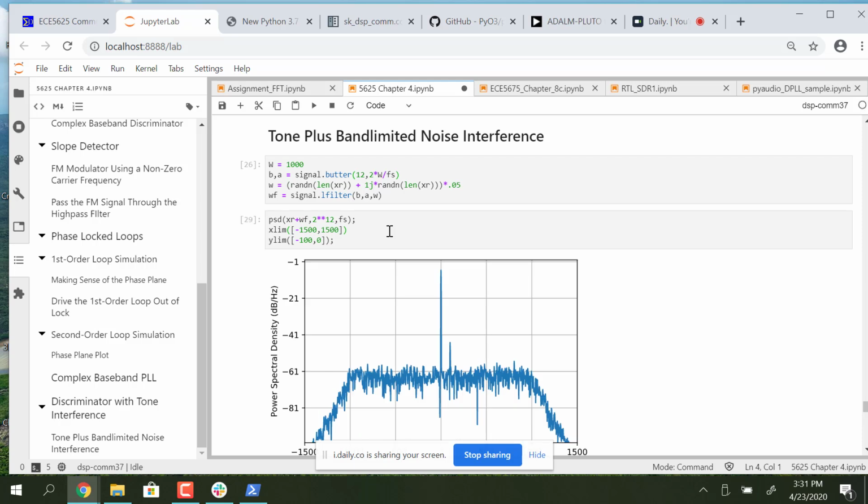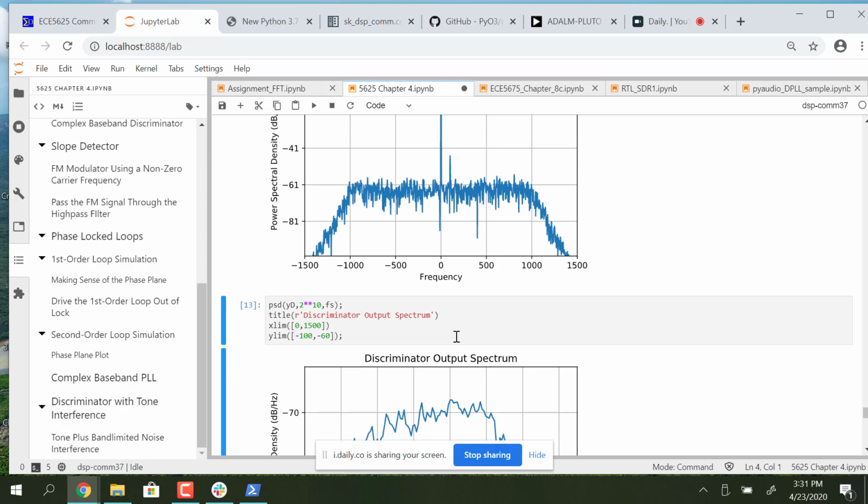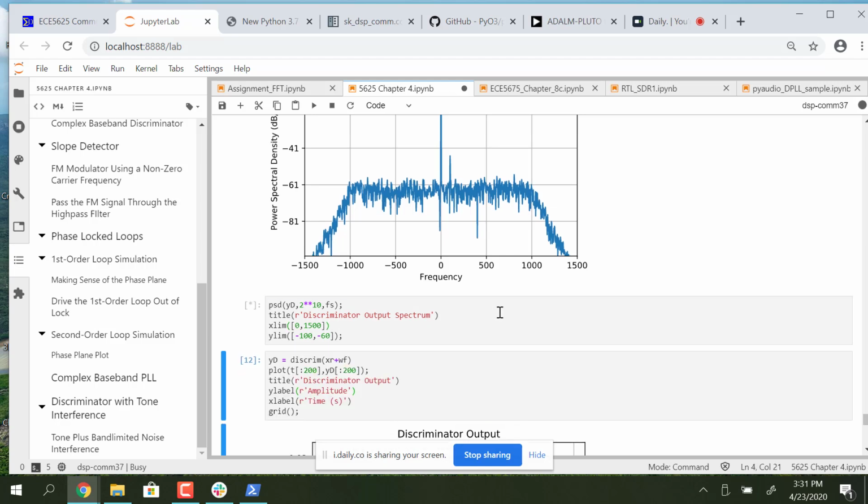So now on my receiver front end, because I'm adding noise in, I'm seeing this band limited noise across here. The roll off of the noise is from the Butterworth filter. My unmodulated carrier is here. My interfering tone is here. But now when I go look at my discriminator output,